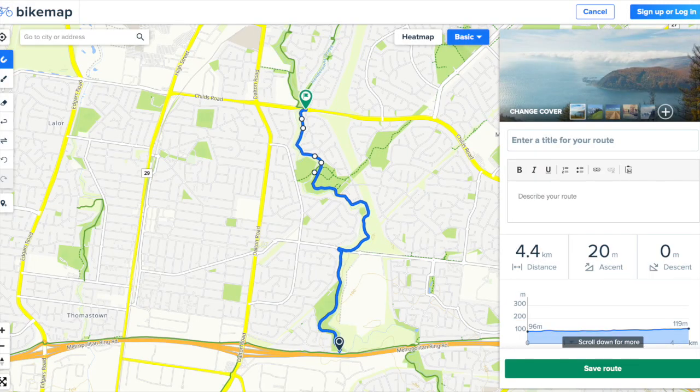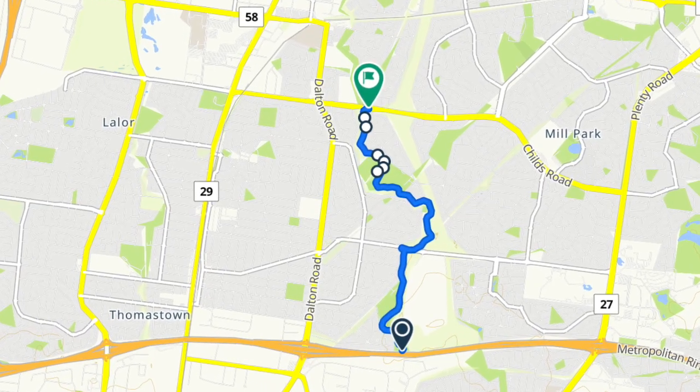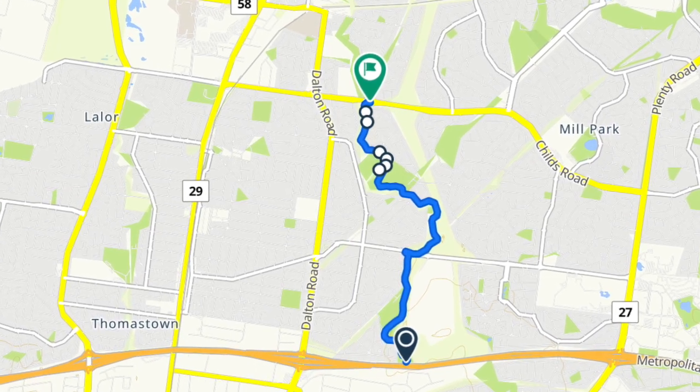So here we have Bike Map found on the internet. It's a great way of planning a trip. You can see on the right hand side we've got the distance that the route is and the gradient, which is represented by the blue line. And then we've got the overall map, which is a great resource for when you're sending it out to the pack,